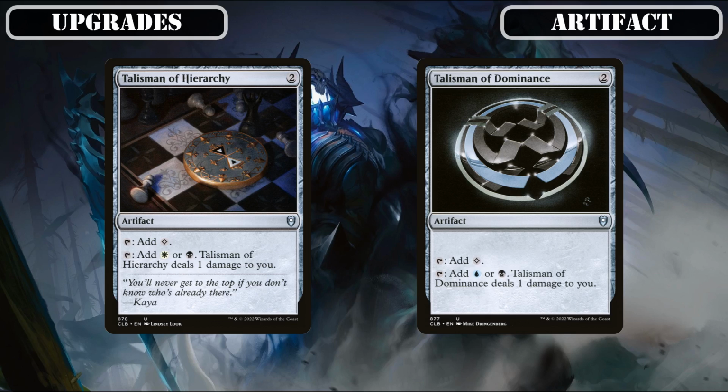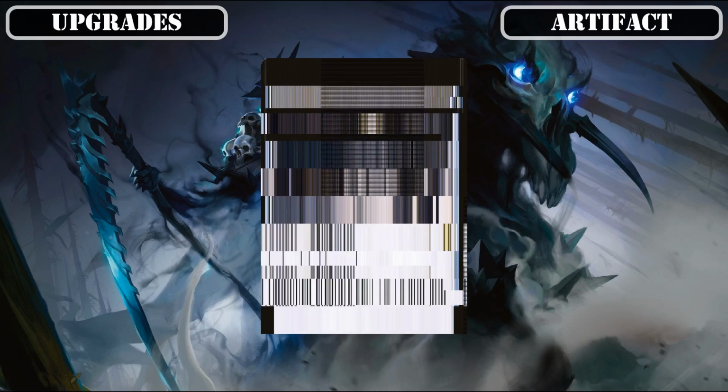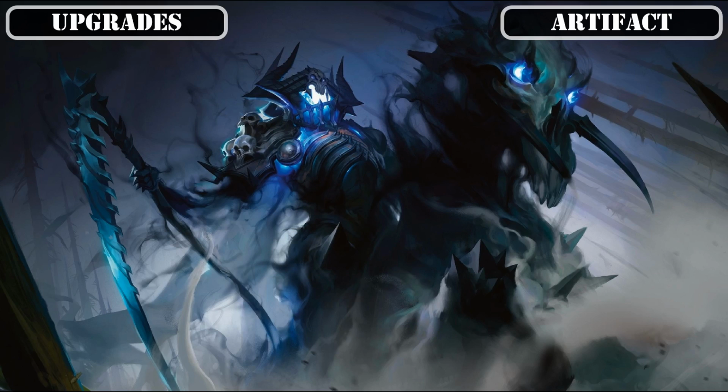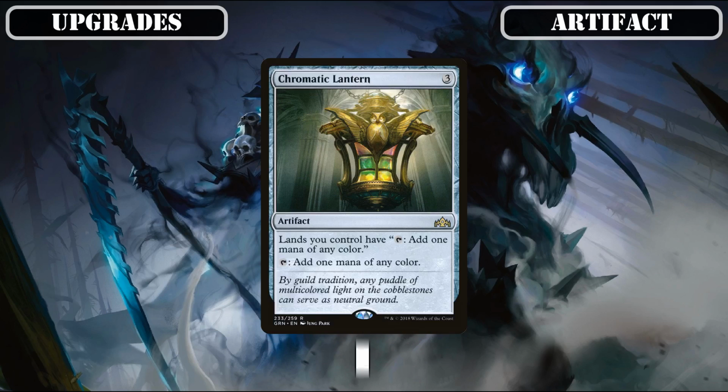to get our initial Knights and Commander on board quickly and reliably, the somewhat random inclusion Maul of the Skyclaves being traded out for Wayfarer's Bauble, which provides much sought after cheap and efficient land-based ramp in our colors, and the solid but slightly out of place wipe Promise of Loyalty being exchanged out for Chromatic Lantern, which instantly fixes our mana base as soon as it comes down to allow us to play even our hardest to cast multi-pip